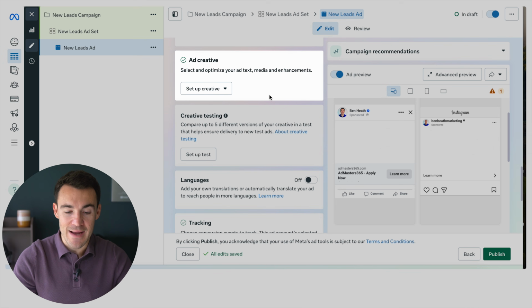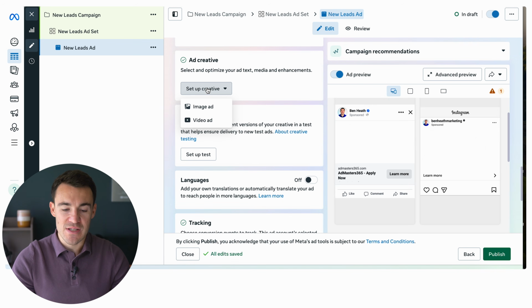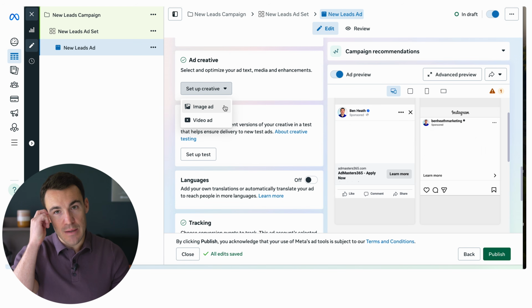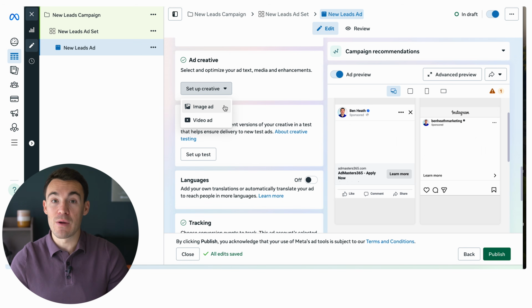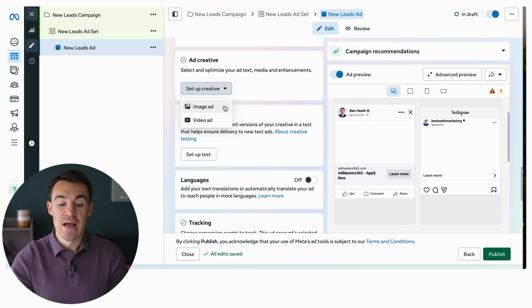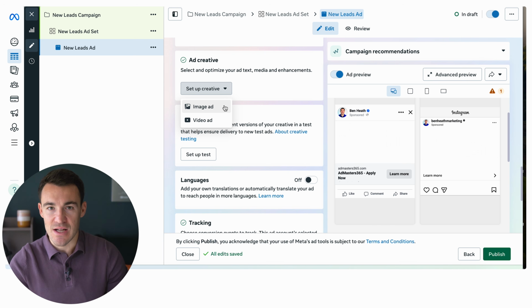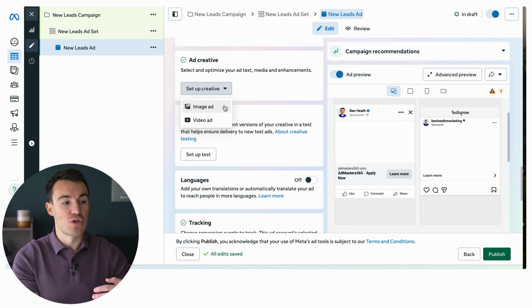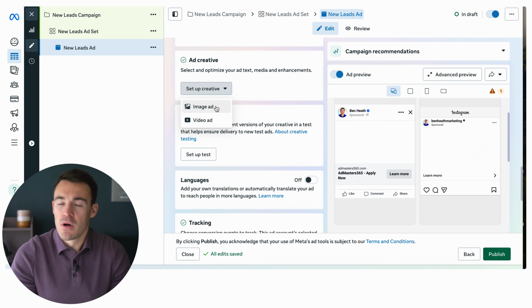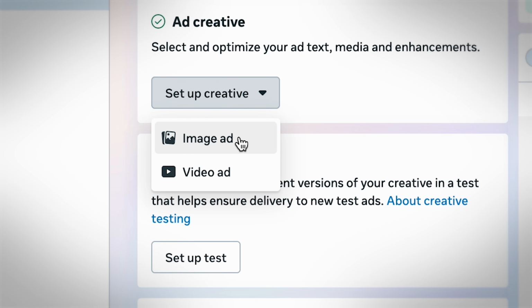Then we get into the ad creative section, right? So we've got set up creative, and then we can choose between image ad and video ad. Like I said previously, video ads can perform really, really well. Image ads are much simpler for people to create, and I'd often recommend that advertisers get started there. You can always look to produce more sophisticated ad creative, things like video later on. I've got video tutorials showing you how to do that you can find on my channel, but we're going to start nice and simple, reduce that barrier to entry,